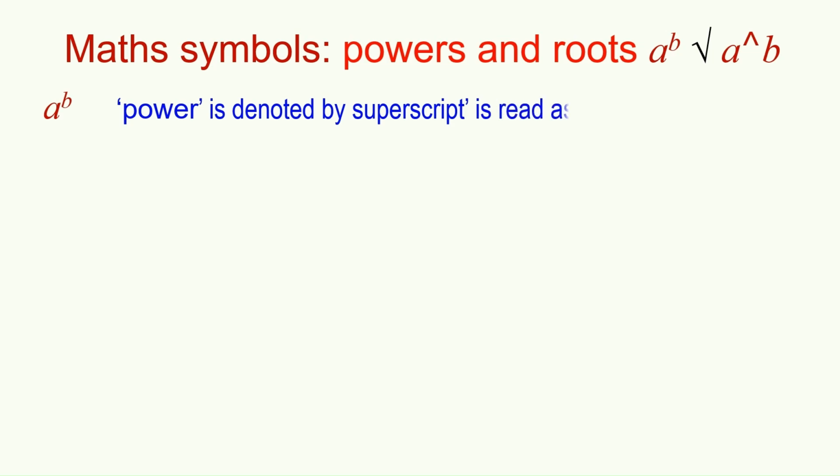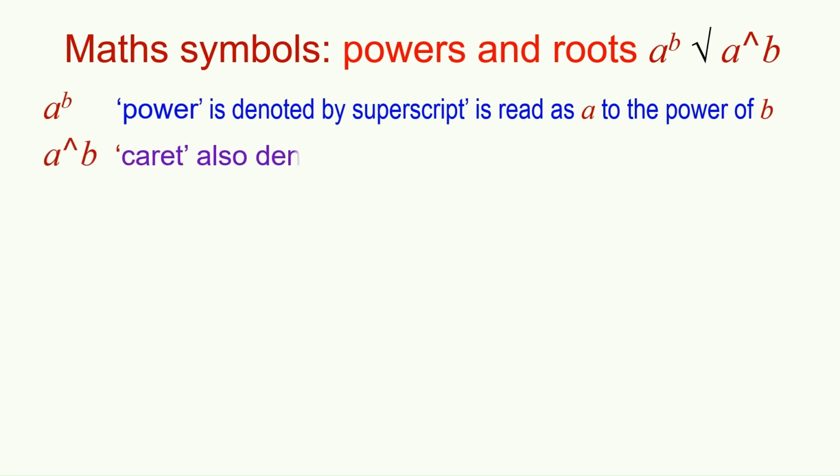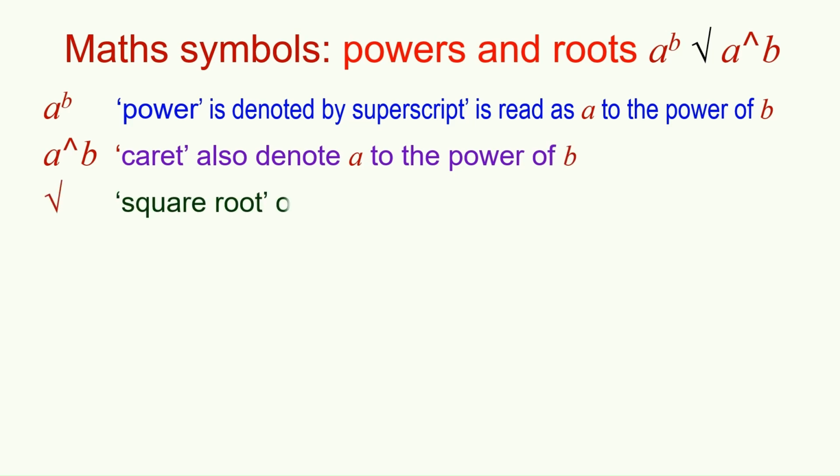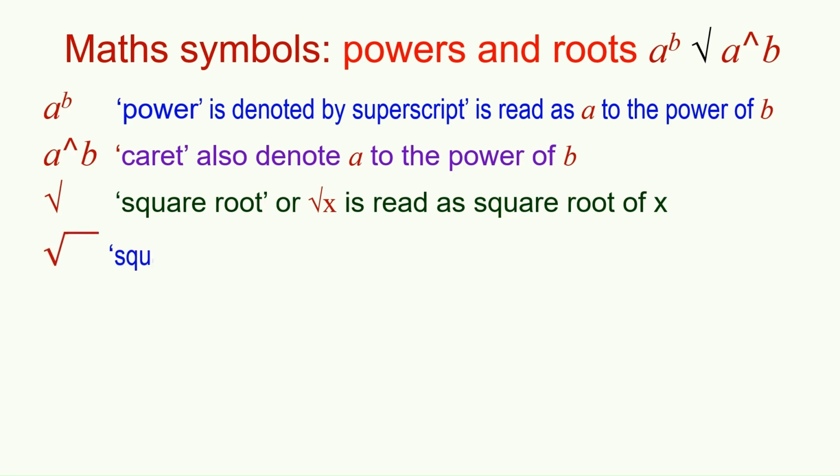Math symbols: powers and roots. A superscript b: power is denoted by a superscript and is read as a to the power of b. A caret b also denotes a to the power of b. The square root symbol is the symbol of square root, and square root x is read as square root of x. A square root with a horizontal bar